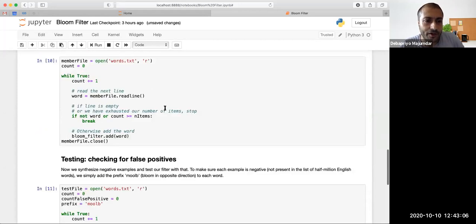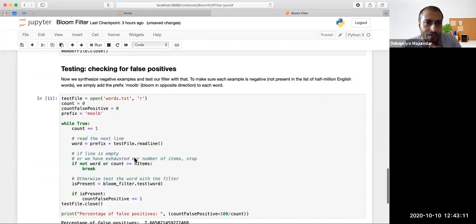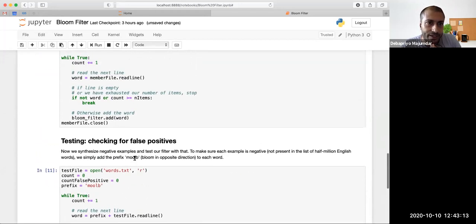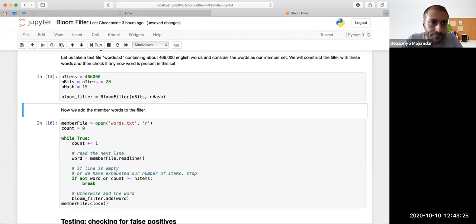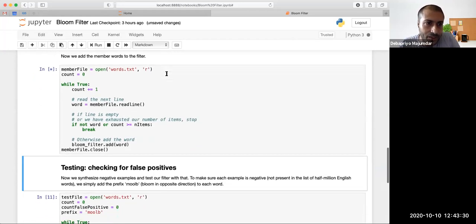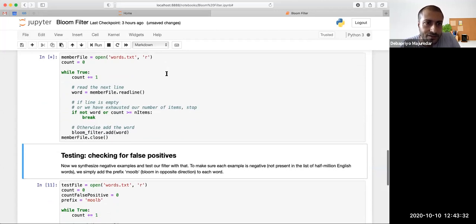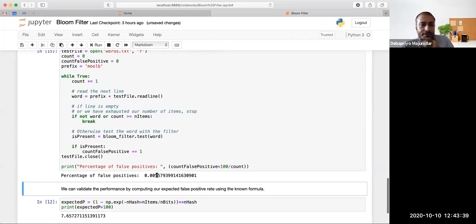So essentially, what it means is that this is very reliable. As we described in the class before, you can get your optimal number of bits and number of hash functions here. You can put it as 15. What happens if we increase this to 20 number of bits? If we increase that, then maybe we will not suffer. Of course, we are taking larger memory, but let's see. Yeah, this is a much better scenario.